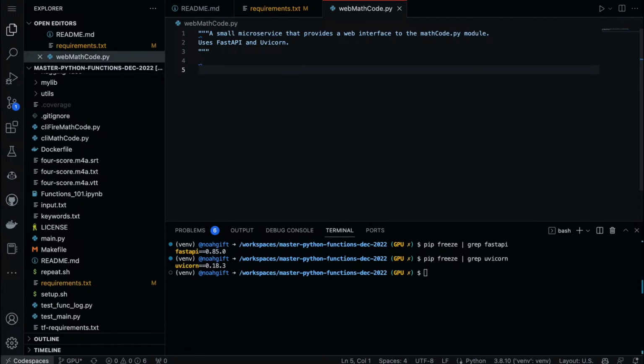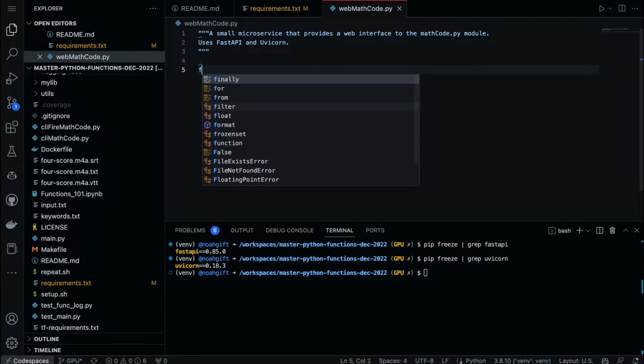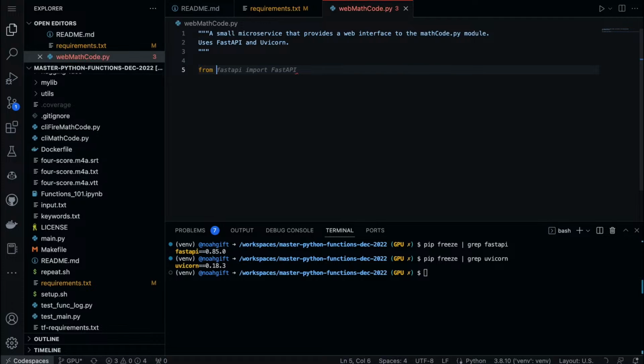All I need to do is import the logic, and we can go here and say from fastapi import FastAPI, and then we can import as well.